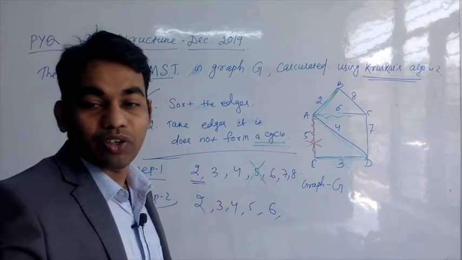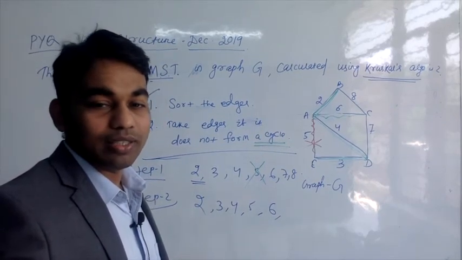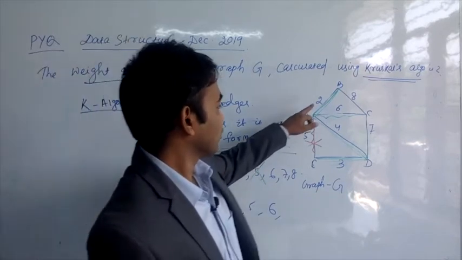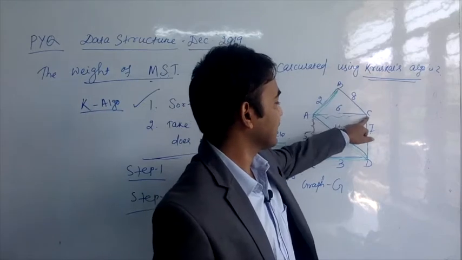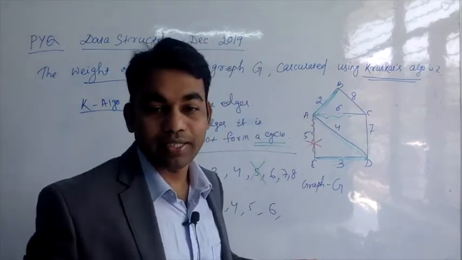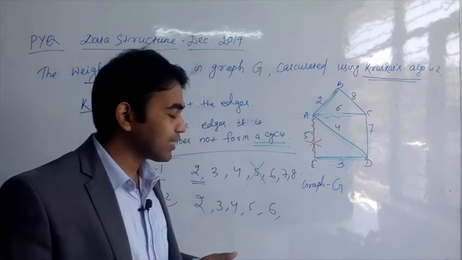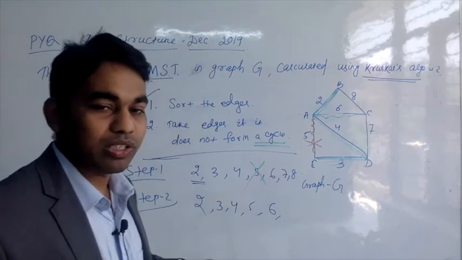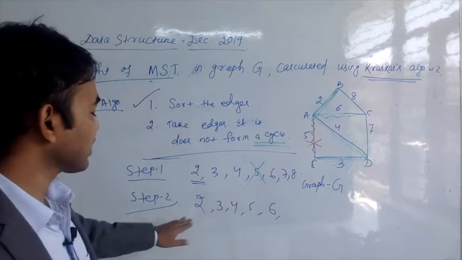Actually, I have already covered all the vertices. So have I covered B? Have I covered C? Have I covered D, A? So we are just creating a spanning tree. Spanning tree means it should contain all the vertices and some subset of edges which is connected. It is a tree. So that means I am done with this.